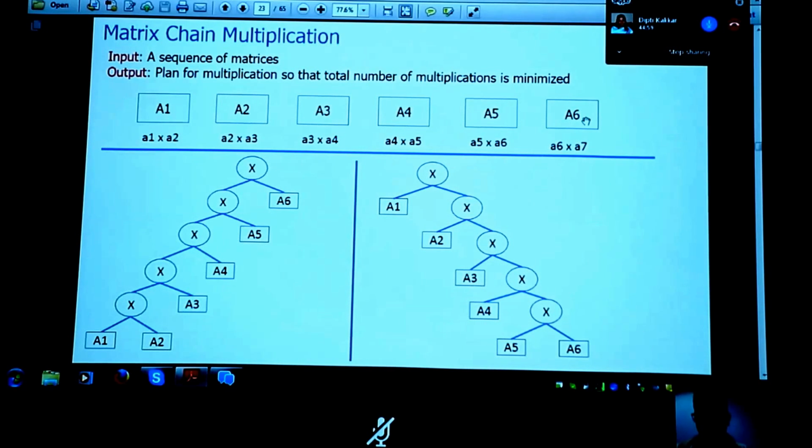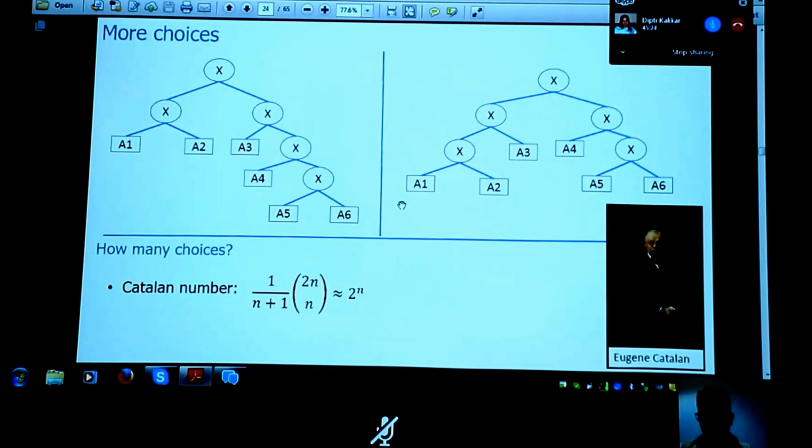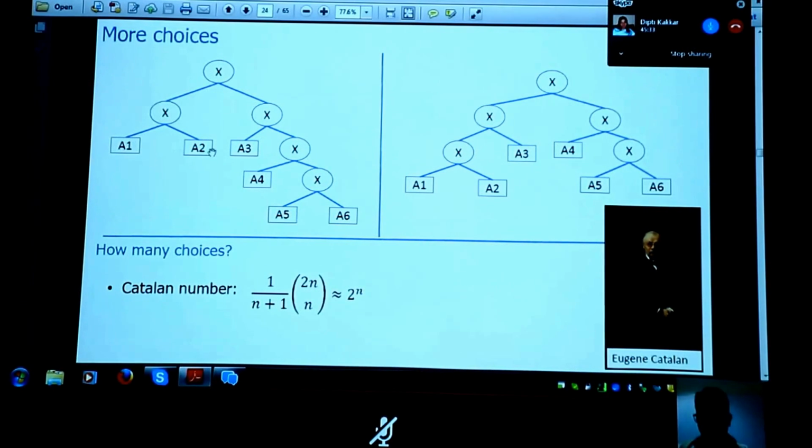Now, there are many ways of multiplying this because of associativity. One way is I can go on like this: A1 times A2, then multiply A3, then A4, then A5, finally A6. Or do the reverse, come in the reverse direction: A5, A6, then multiply by A4, then A3, then A2, finally do the A1 multiplication. So these are 2 ways. In fact, there are lots and lots of ways possible to do this, right? I can split it anywhere I want. Maybe I'll do A1, A2 here.